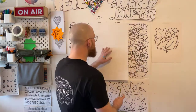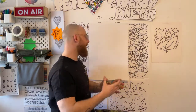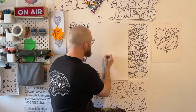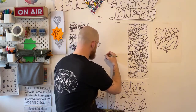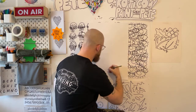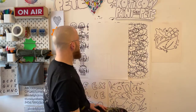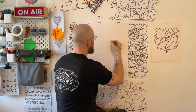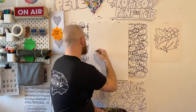Let's get drawing. So I'm going to just draw a skull. Again, bridging that gap between what we normally do on a colour day and what I want to do today. So I'm going to draw a basic skull, just so I've got a bit of a shape to go around. You'll see what happens in a second. I'm just drawing the area of the skull. So he's going to have his teeth here, roughly. Put some gaps in there. And then his eye, and his nose, and another eye. Alright, so just a standard skull